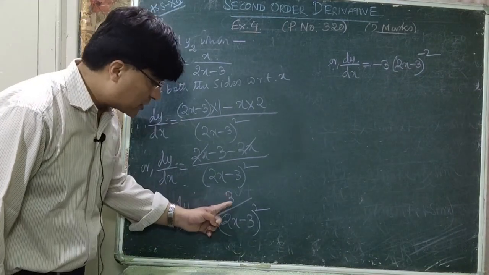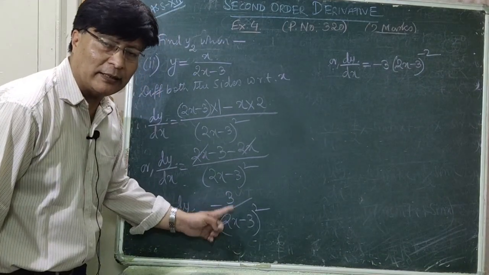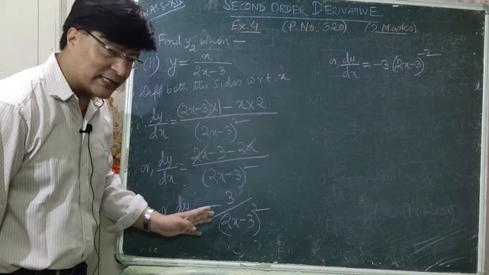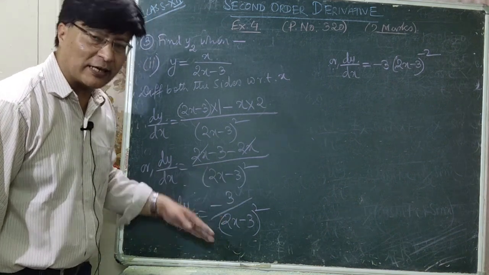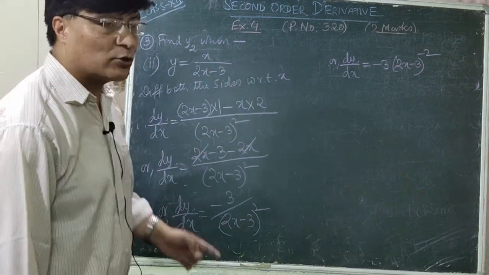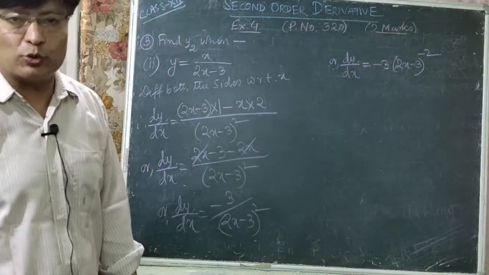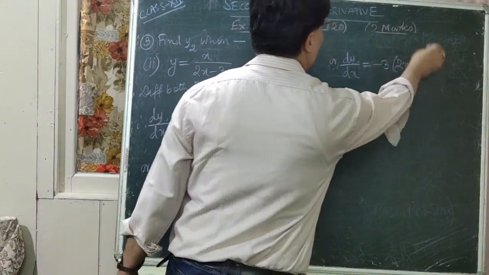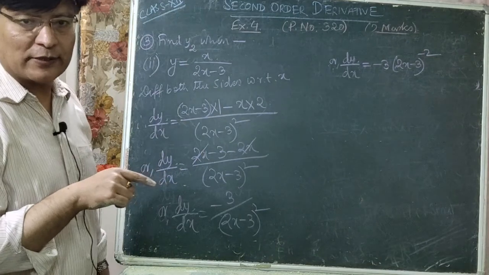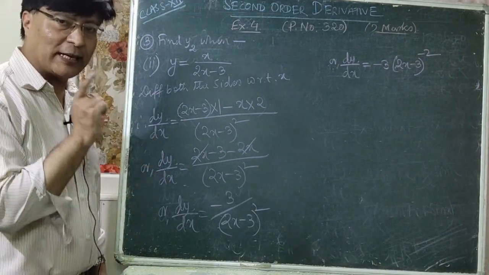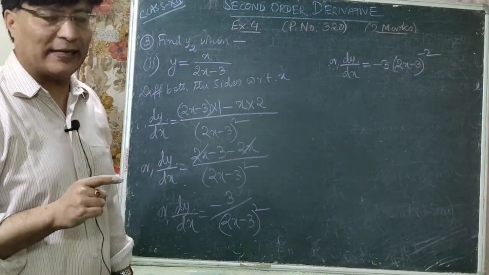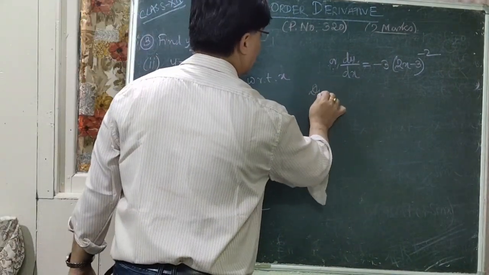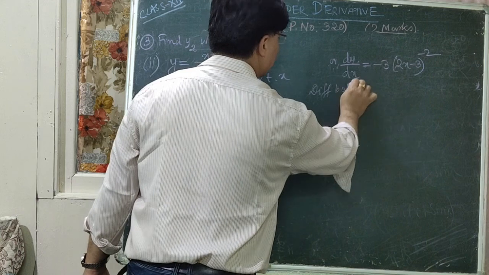The numerator is a constant, denominator variable, so you don't have to use u by v rule. So in this case, this denominator is taken to the numerator and it becomes 2x minus 3 whole to the power minus 2. Now how will you differentiate it again? You can take it as x to the power n. 2x minus 3 is the variable, it is taken as x, and minus 2 is the constant, it is taken as n. And minus 3 the constant. Okay? So differentiating both the sides